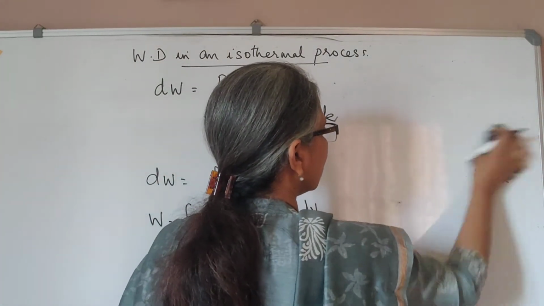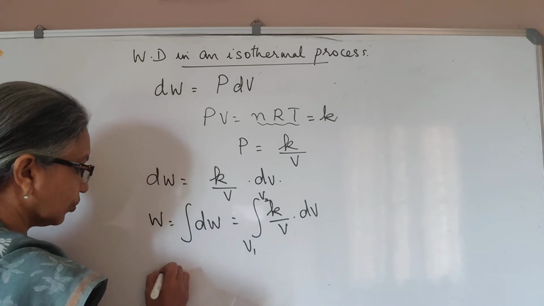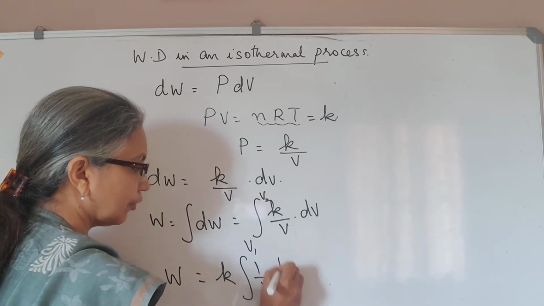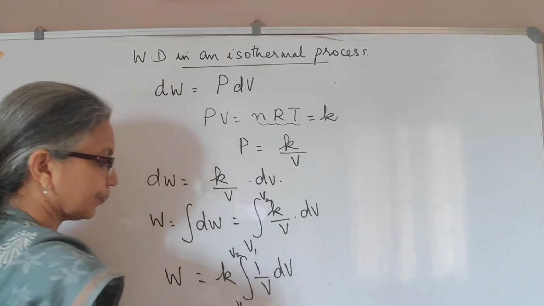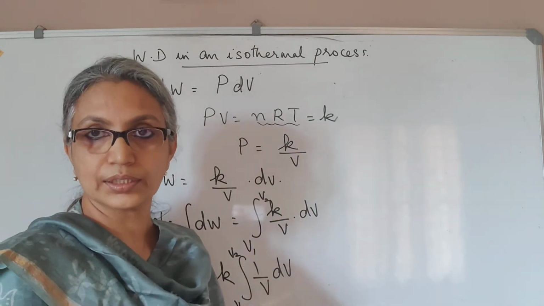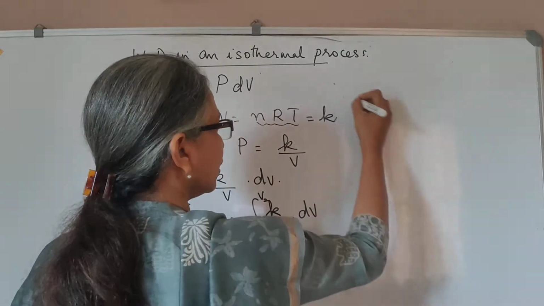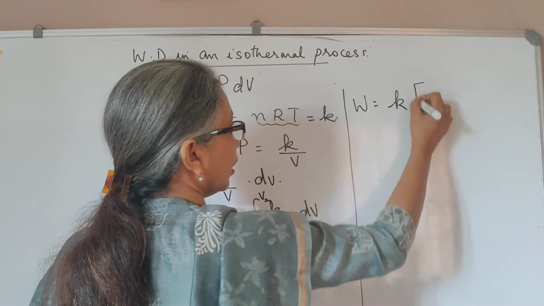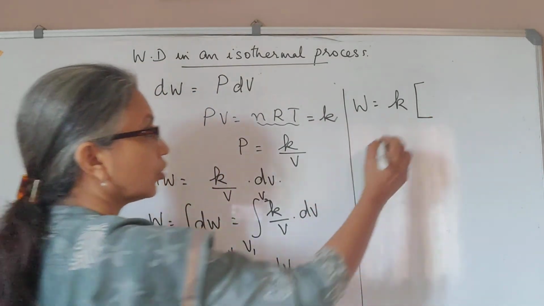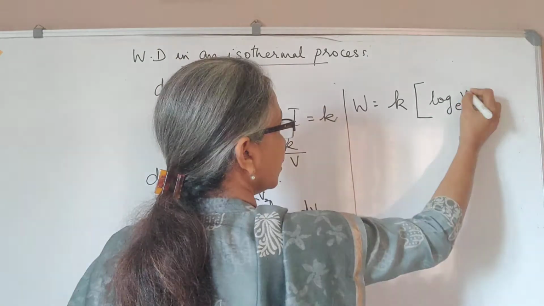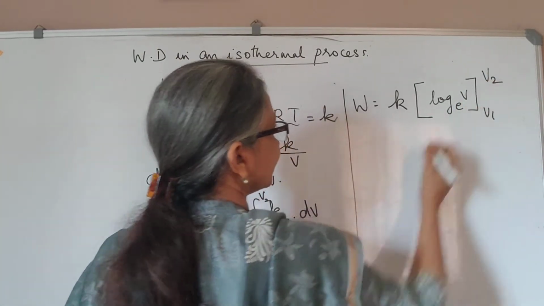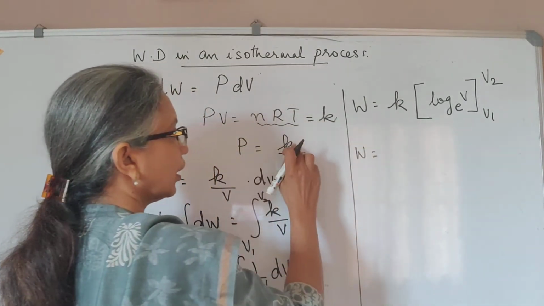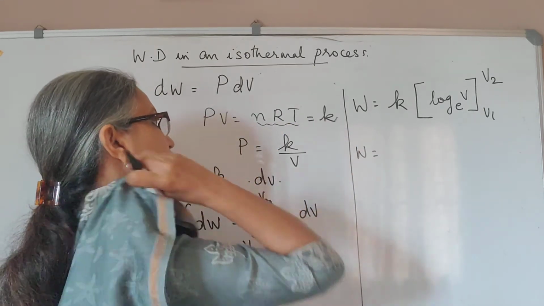So the next step I can do here is W, the work done, is, I'll take the constant outside, integral 1 by V dV from V1 to V2. 1 by V dV, I hope you know the integral is log V. So after integration, we have the total work done as K into, in square brackets, log to the base e V, from V1 to V2, or W, the work done, is equal to, this K, as you know, is nRT, right? So I may write